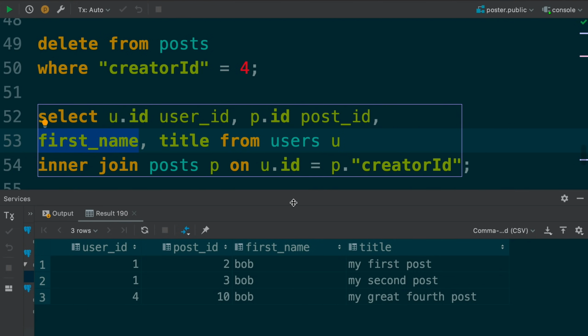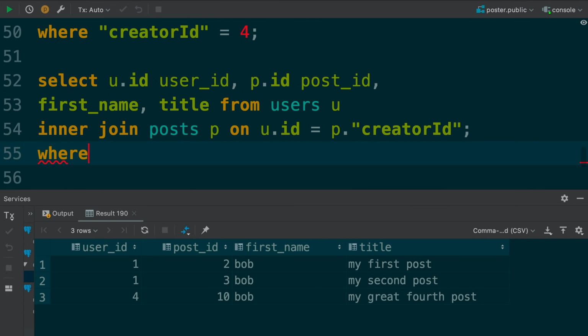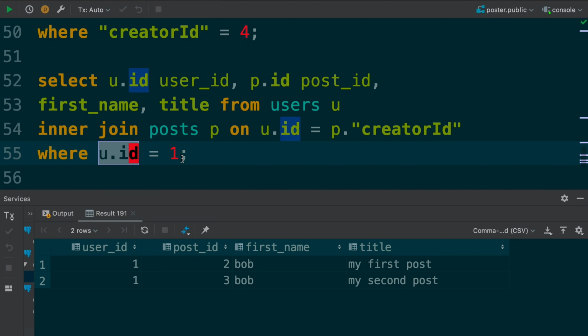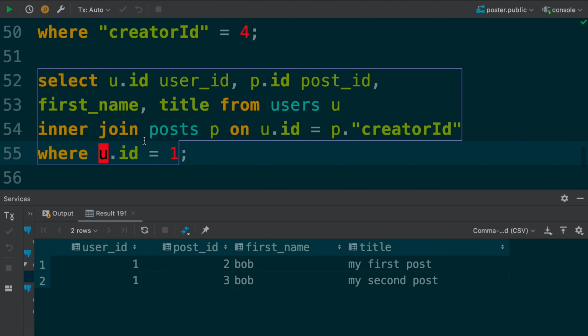And the next thing that I wanted to go over was the where clause. So whenever we're joining tables, we actually have access to both columns from the posts table and from the users table that we can use in the where condition here. So let me remove the semicolon I have at the end there, and I can say where, and here I can, for example, say u.id is equal to 1, and that'll get me all the rows where the user ID is 1. Or I can do posts here,